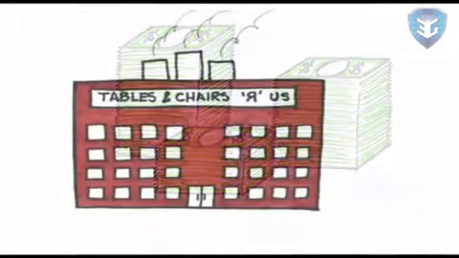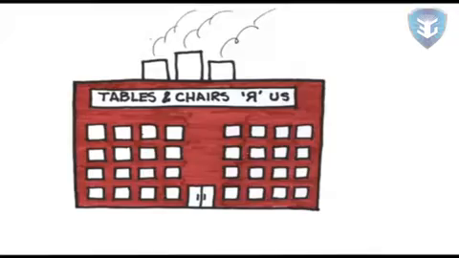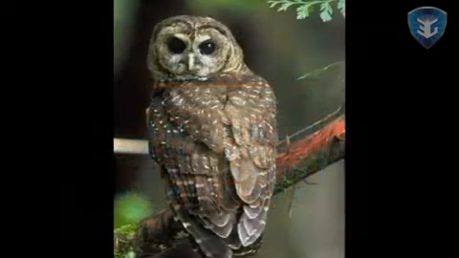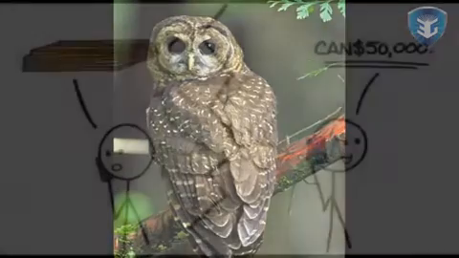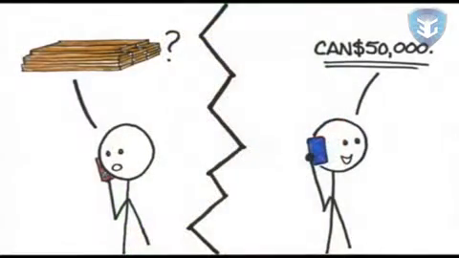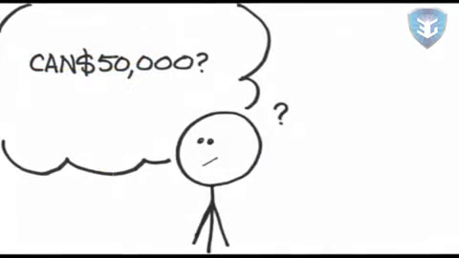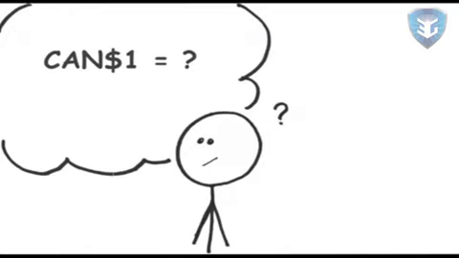Suppose you're a U.S. furniture producer and government protection for the spotted owl means you can't get the lumber that you need domestically. So you call up a Canadian lumber mill, tell them you'd like to place an order, and they tell you that the lumber is going to cost 50,000 Canadian dollars. I don't know about you, but my bank account doesn't happen to have any Canadian dollars in it. This is where the exchange rate comes in. If I can figure out how much 1 Canadian dollar costs, then I can use that to calculate how much 50,000 Canadian dollars will cost.